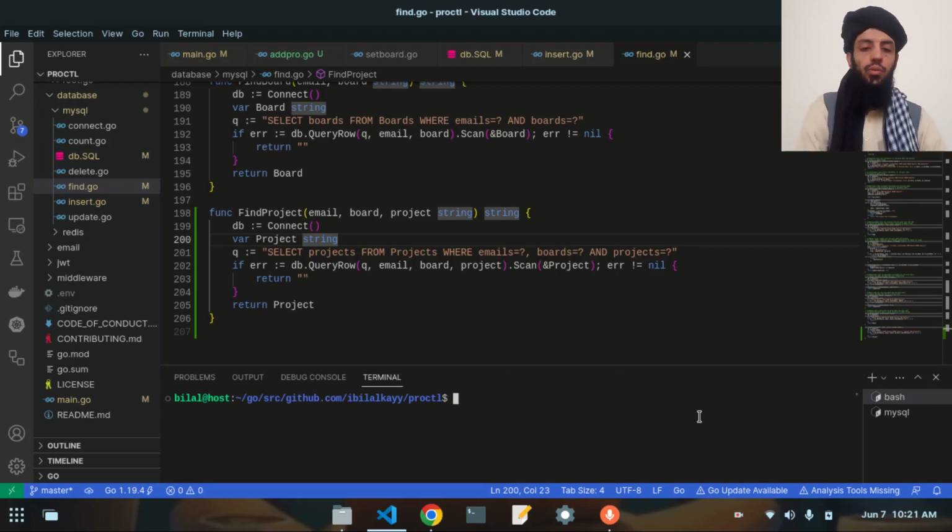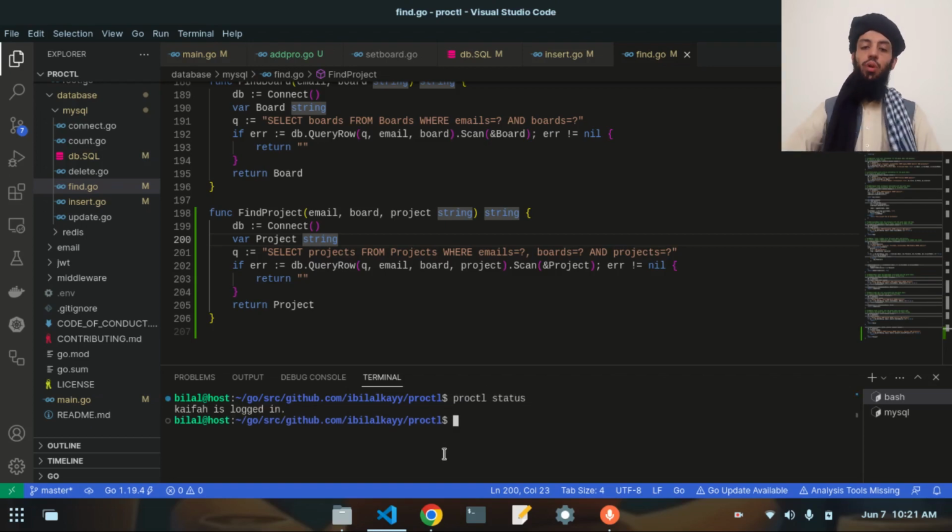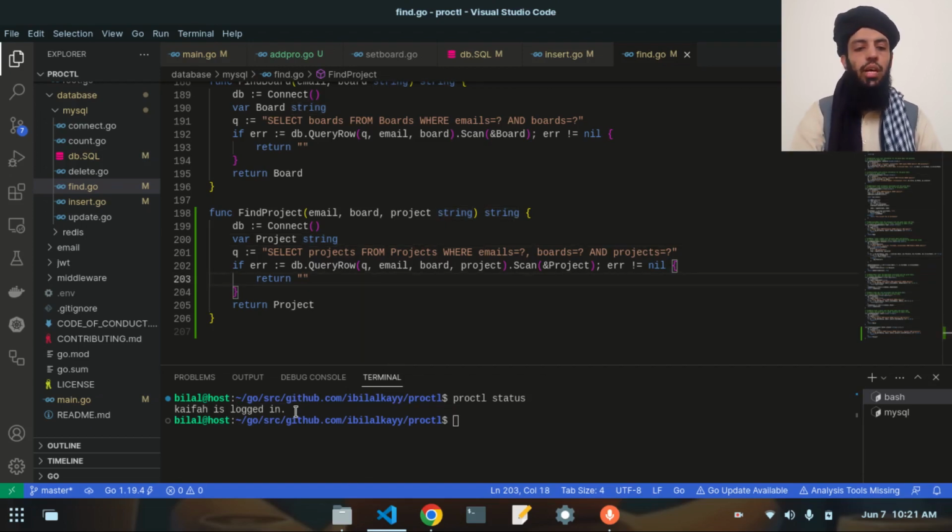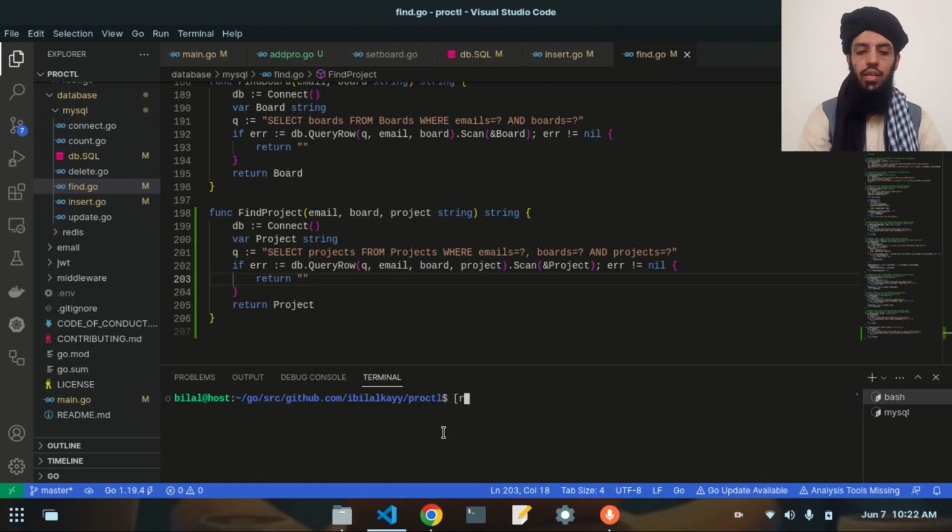After that, I will write proctl status. You can see that the Kaifa is logged in. I can insert the project as an admin user or as a member user. I can do both of them, but let's say I go to logout and insert as an admin user, Veins tray,